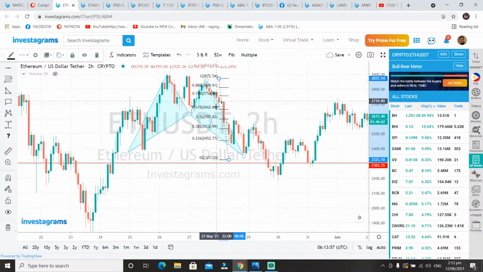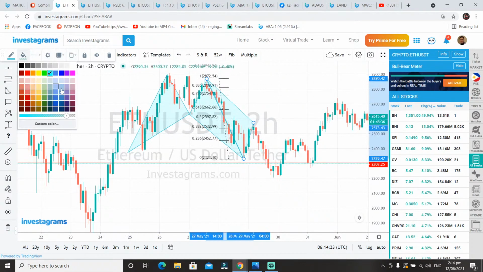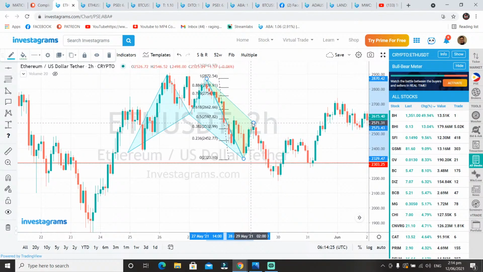So from here X, A, then B. It already made a 38%. As you know, the Cypher pattern is at least 38% to 61%. Okay, Cypher pattern. So this is one, X, A, B. Then the next one should be, and let's try to change this color to maybe green, X, A, B, then C